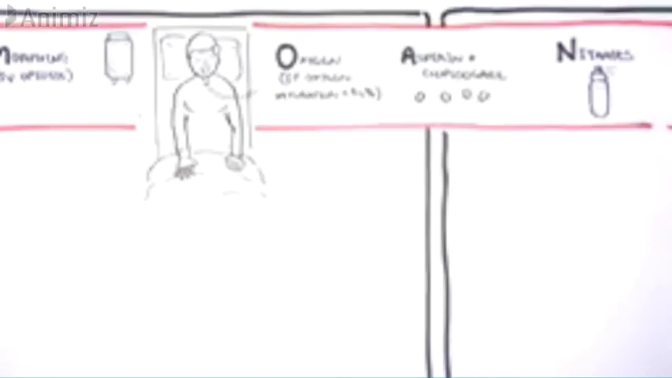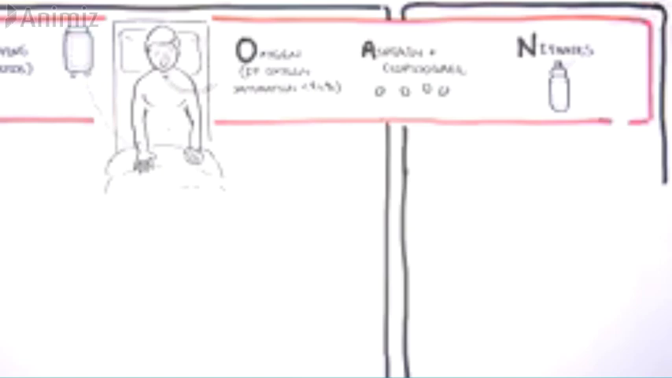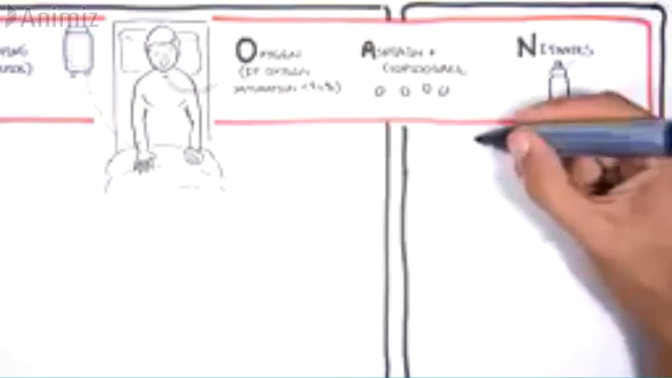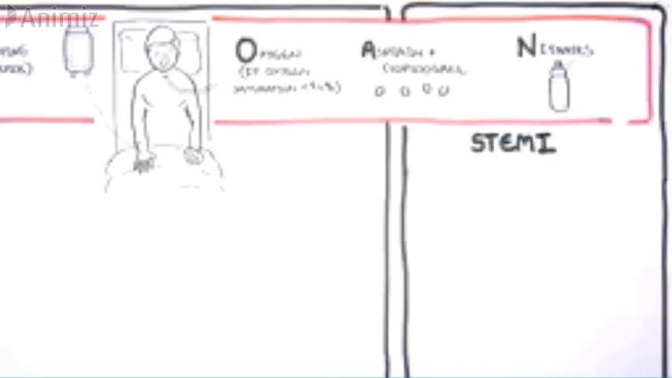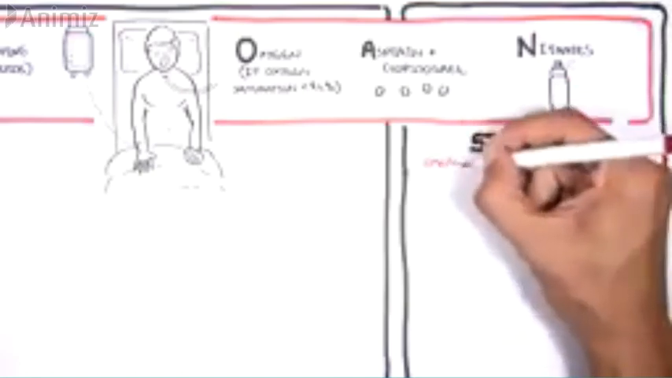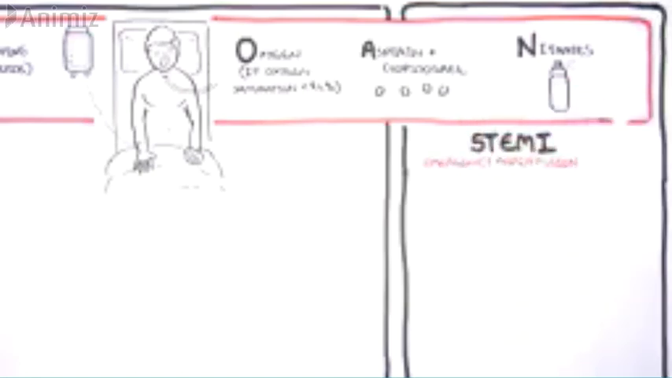So the initial management was MONA, but what's next? So after the initial management, it is the definitive management. So in a STEMI, the ST segment elevated myocardial infarction, emergency reperfusion is commenced. The first choice or first line is primary percutaneous coronary